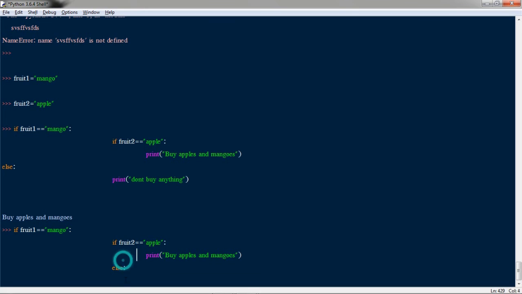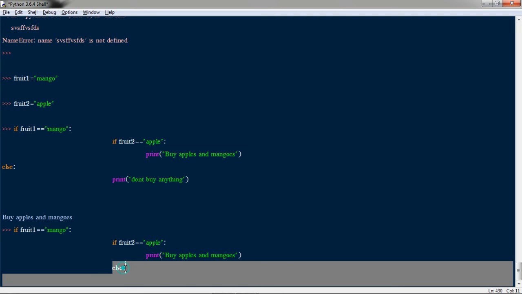If I write something here, it is wrong because this else is not indented. Since we are using a colon, we have to give some indentation so that Python understands that whatever we write now is exclusive to this colon.